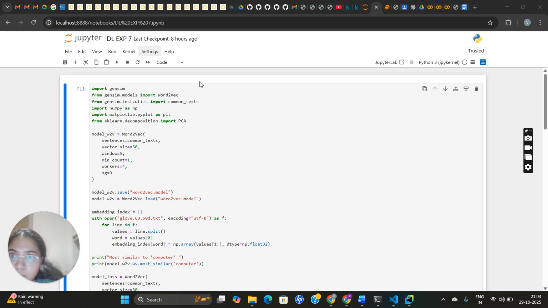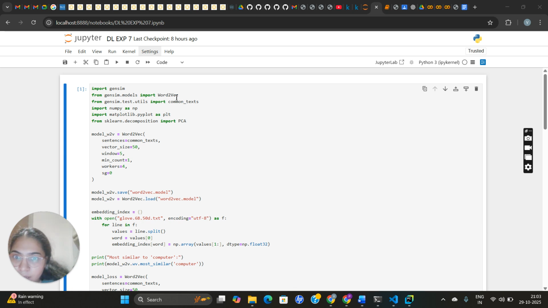Here we have imported Gensim. It brings the Gensim library into the program, so we can use its word embedding tools. From gensim.models we import the word2vec class, so we can create and train a word2vec model. And test.utils means we will load a tiny example dataset, like common text, that we can train on for demonstration.